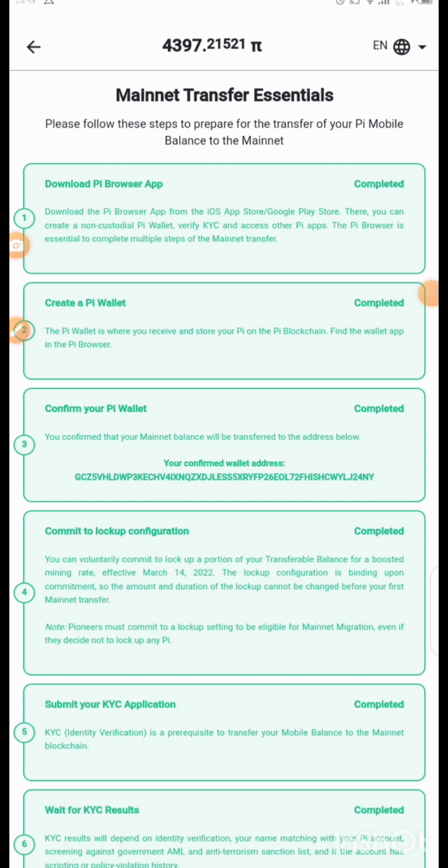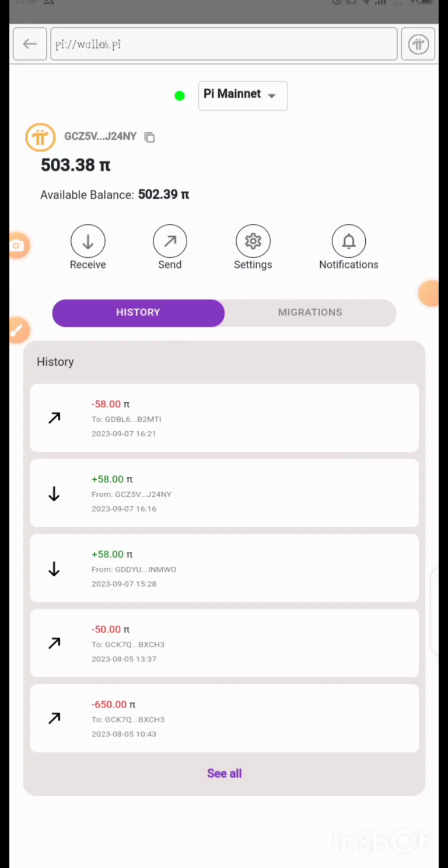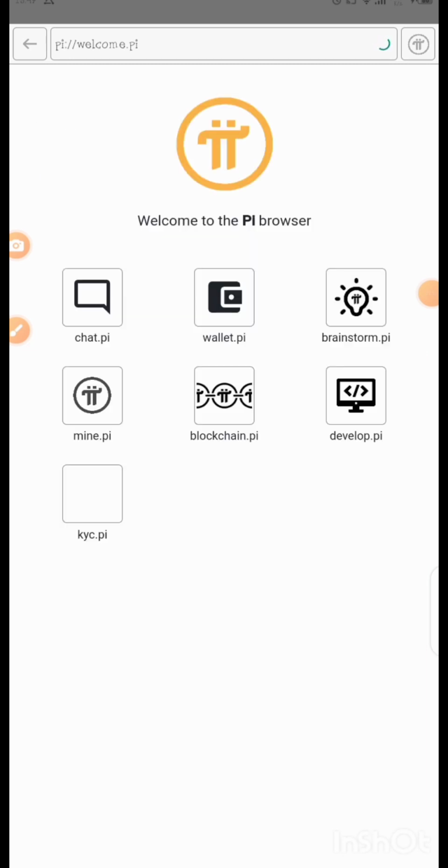Now when you have done that, you can activate your fingerprint as well, so you can use fingerprint to log in. You can do all those things in your Pi browser. If I take us to Pi browser, mine is already logged in. Let me click on this place and show us something. As you can see, when I click on wallet,